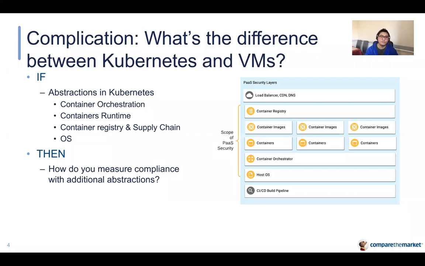So what's the difference between a Kubernetes environment and a VM, virtual machine, environment? The difference mainly lies in the abstractions that Kubernetes brings. When you create an environment that is Kubernetes or container-based, you add additional abstractions such as container orchestration, container runtime, container registry and supply chain, and then different parts of the OS. This mostly relies on you being able to manage this,